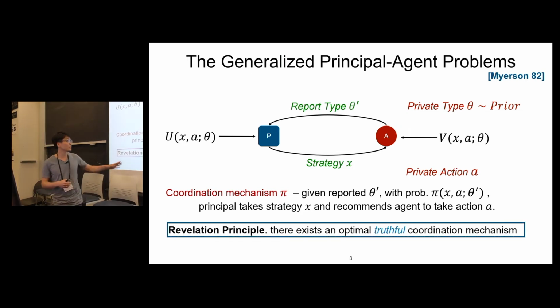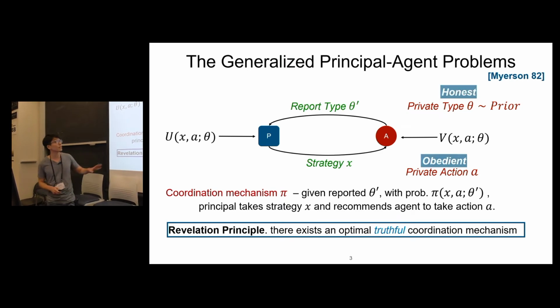Myerson's paper basically showed that there's a revelation principle for this. There exists an optimal and truthful coordination mechanism. That's Myerson's result, and actually, it's surprising. In this case, we get the honest report and obedient action